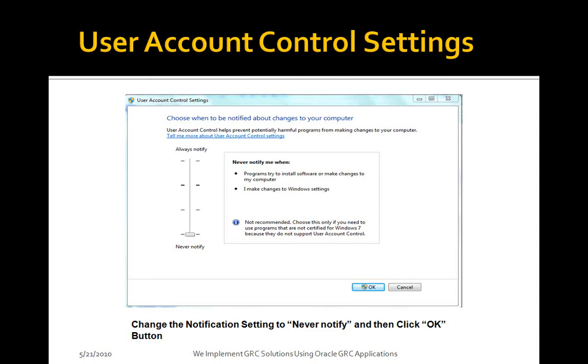Choose when to be notified about changes to your computer to never notify. This enables you to save the host file after you add the IP address and name for the OIC site hosted by the planet. You absolutely must be able to save the changes that you make to this host file, otherwise you will not be able to successfully access the OIC dedicated release